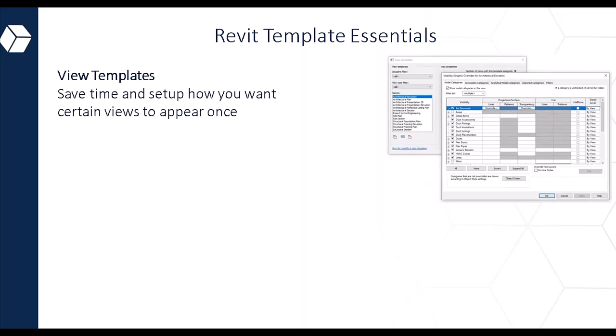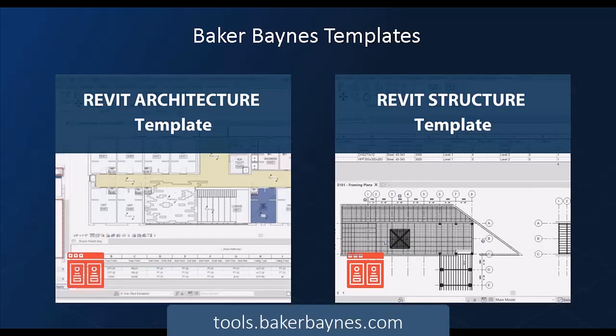You are going to have numerous views that require the same visibility settings. So why not save time and set up what you want prior and just apply them to those views that are required? We know in industry it can be very time consuming to create these templates when you're trying to